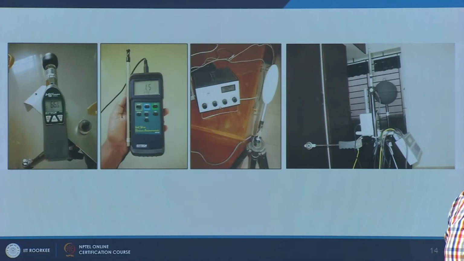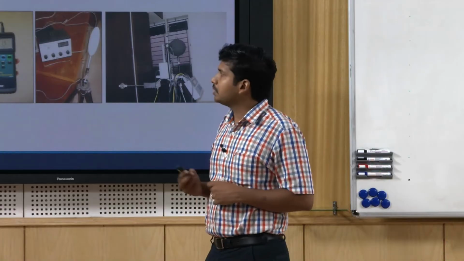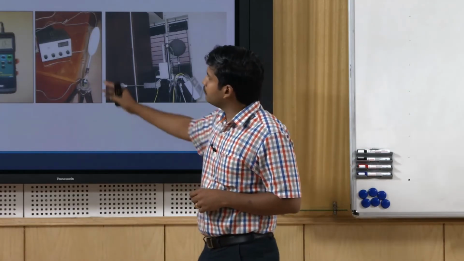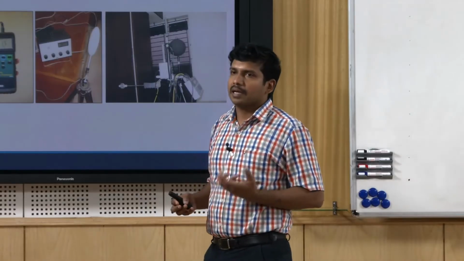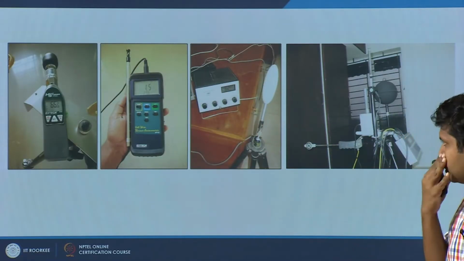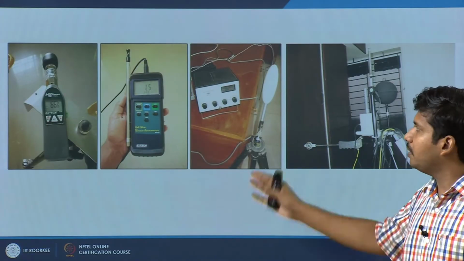The hot-wire anemometer has better sensitivity for indoor measurements. This gives you much better results than a vane anemometer. This is a comfort meter which directly measures Fanger's predicted mean vote. I am not talking much in detail about the construction of this instrument, but later versions are available. This is a very useful instrument.